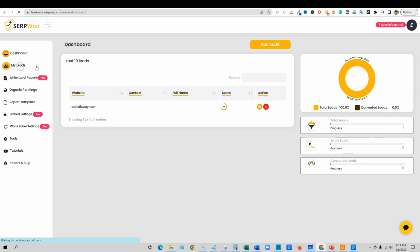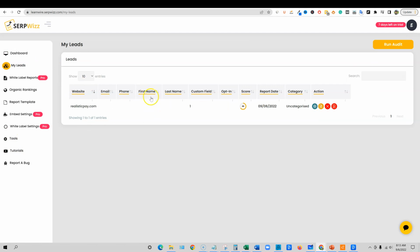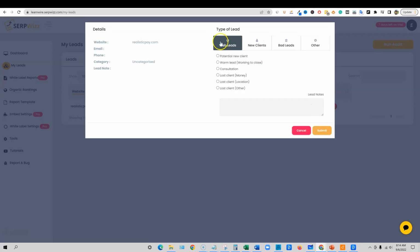Maybe if I click on my leads. So kind of a small CRM. If you do have their email, phone, first name and stuff, you're going to put that in right here, obviously. So you're going to know the contact information. You can categorize it in different niches if you wanted to. Lead details. Again, you can go like that, and this is where you go in. So it's just the leads tab. You come in here, potential new lead, warm lead. So if you're actually going back and forth with somebody, but you haven't closed them yet, you can move them to the warm. And then if you've set up a consultation with them, a call or something, then you can mark them at that stage. Lost client